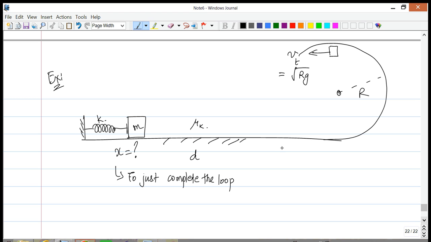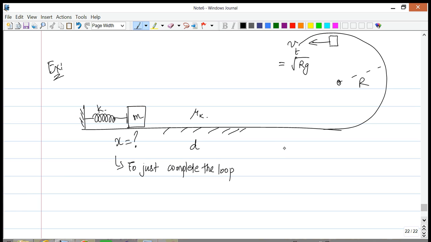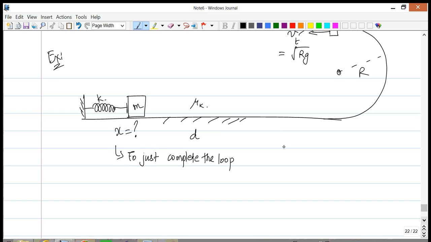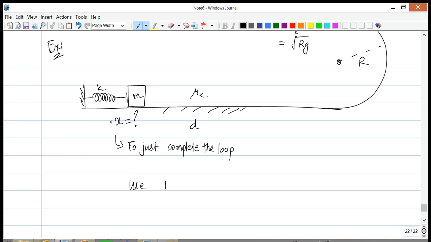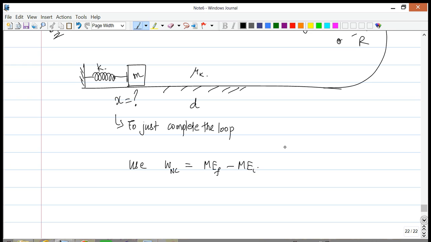In this case, we'll just use the more direct way, where since we know that the object in the beginning is compressed by the spring, all that energy is going to be utilized in doing work against friction and then giving it some energy at the top of the loop. So we will use WNC equals MEF minus MEI. We'll do this in one step using this, and then I'll also do a breakdown and figure out how we can do it one step at a time,